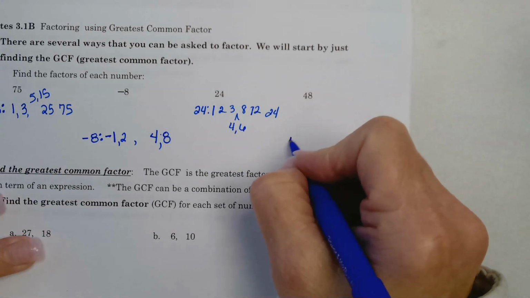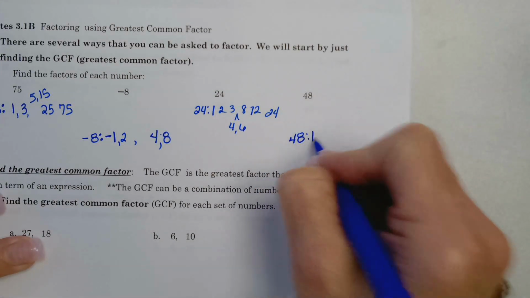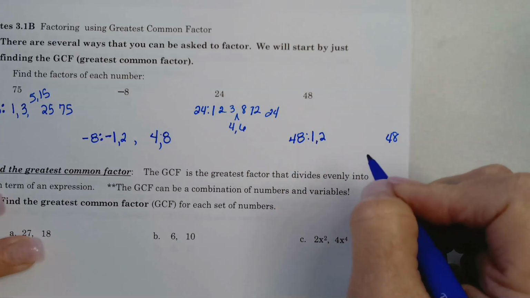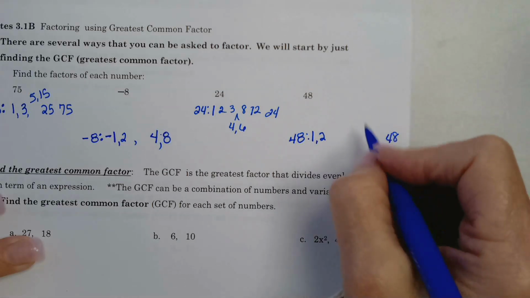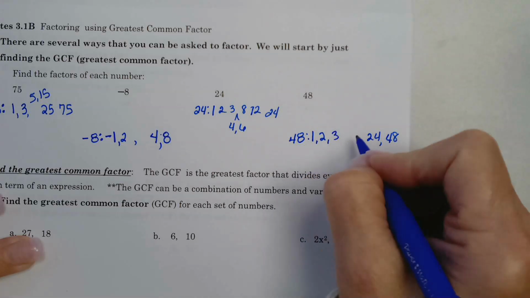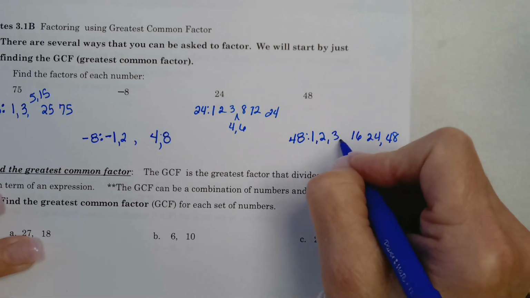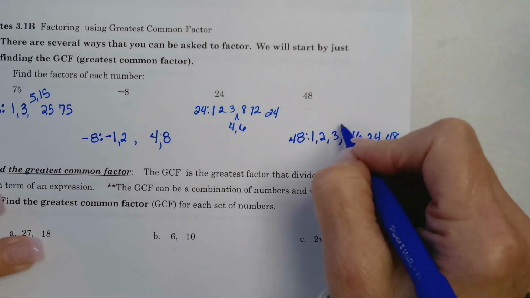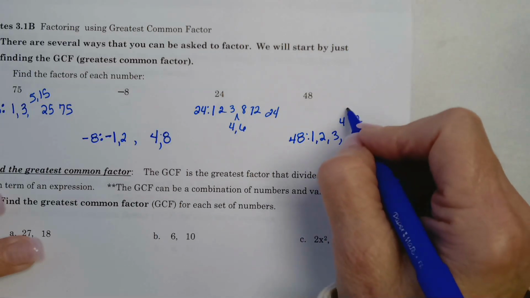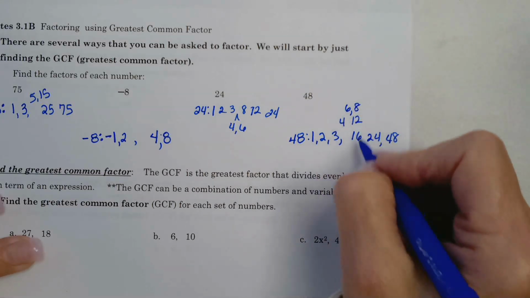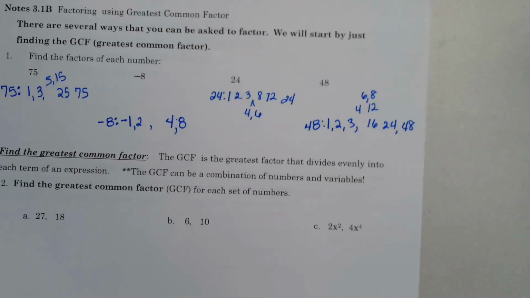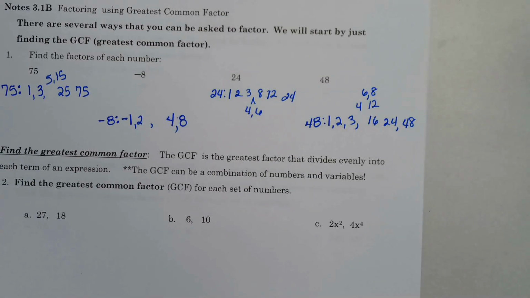And then for 48, let's see, we got quite a few. 1 and 48, it's even, so I know it's divisible by 2. So 2 and half of 48 is 24. I can check 3. 3 will divide into 48 16 times. 4 will go into 48 12 times. Oh, and then 5 won't, but 6 will. 6 times 8. So I've got a whole bunch of factors for 48 right there. So some just have more than others, and we're going to be using those factors to find the greatest common